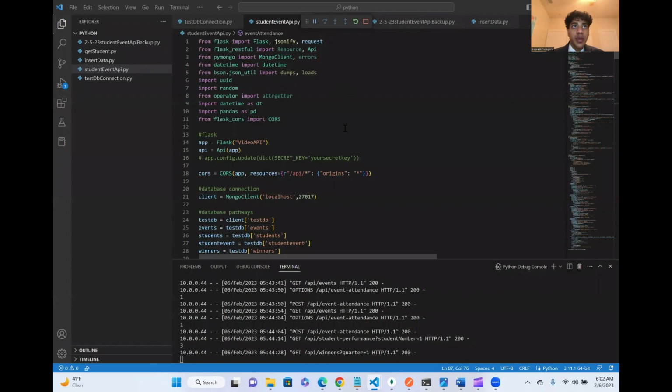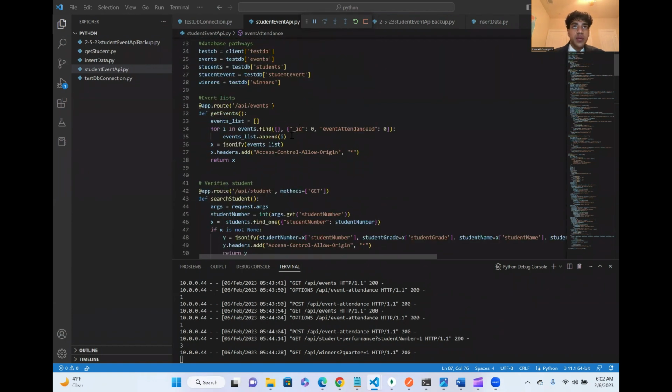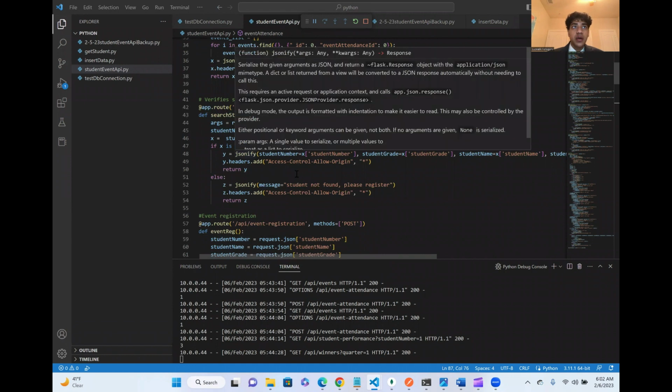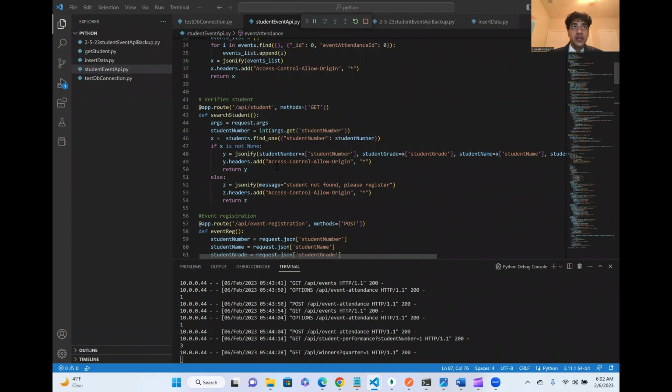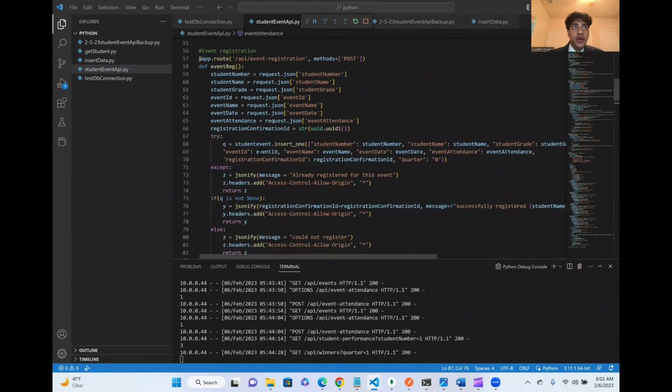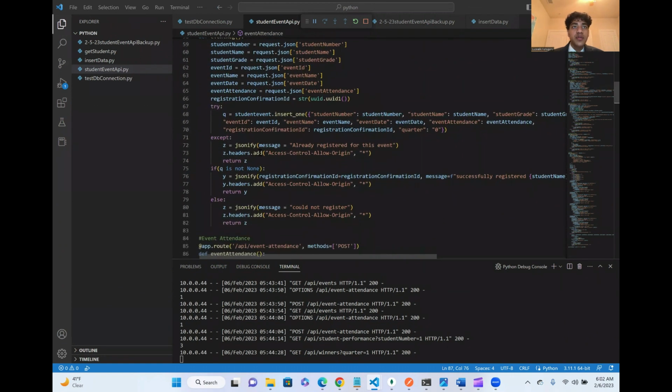Next, I'll be showing you the backend code. These are the libraries that I imported and utilized. First, the events list API gets the event information from the database. Then, the student API uses the student number and gets the account with that number to see if it is a valid student number. Next, the event registration API, which posts information about the student to the student event table